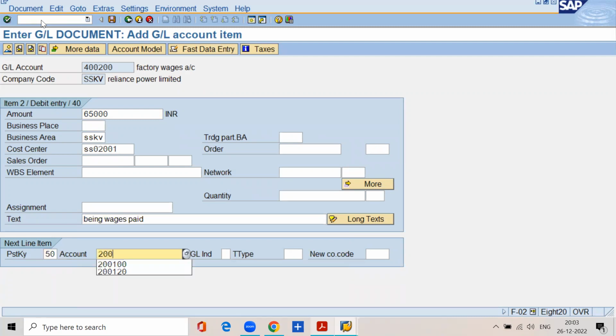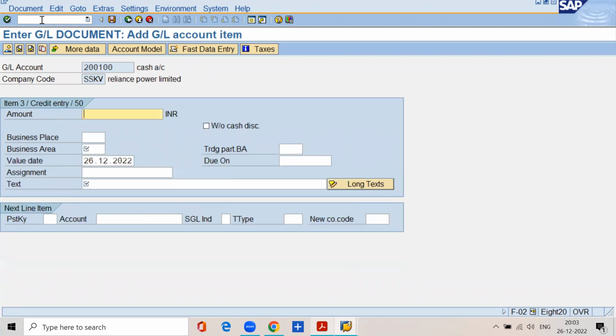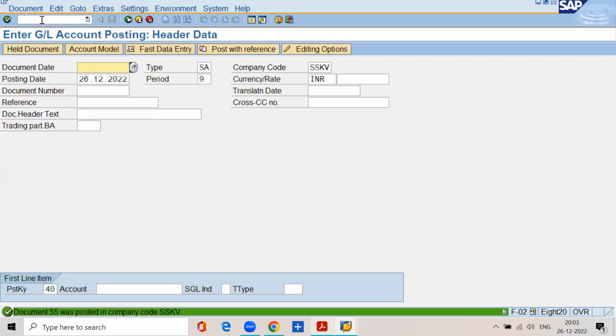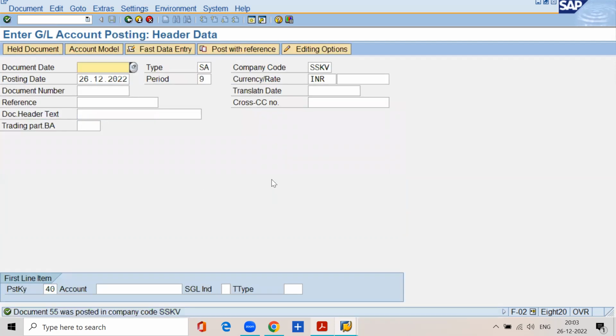Posting key 50. The account is 2,100,000. Click on enter. The amount is asterisk. Business area SSKV. Text plus. Click on save. So we have posted 35,000 salaries, 65,000 wages to the canteen cost center, right? Now,